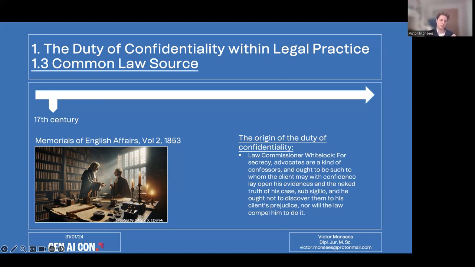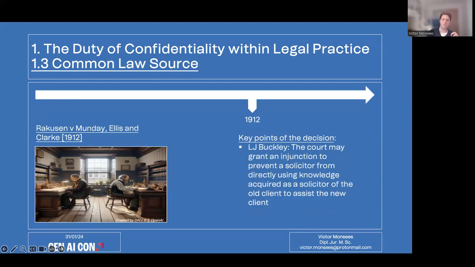From there on, the duty evolved to what we now see as the modern duty of confidentiality in the case of Rakusen v Ellis, Munday & Clarke in 1912. They are a firm of two solicitors who were in the habit of doing business separately and without knowledge about the client's affairs. And there was a claimant to bring forward an action for wrongful dismissal, who consulted